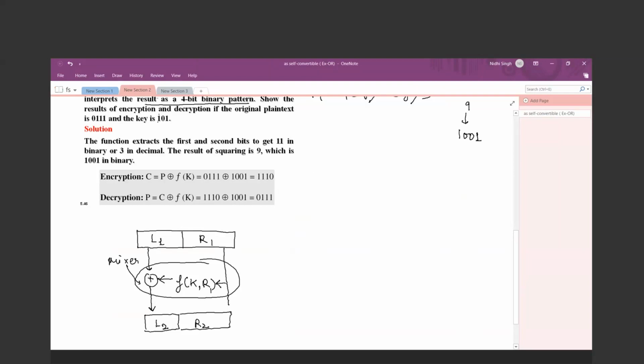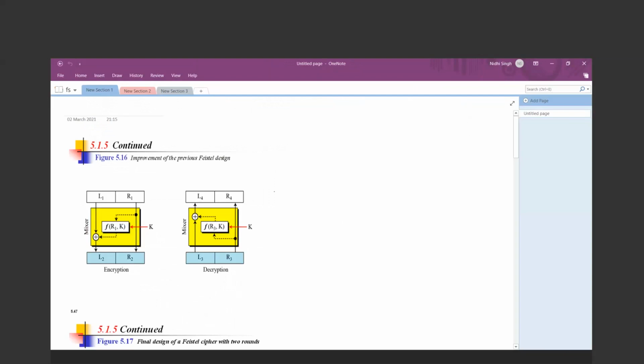Now the problem with this approach is that the right hand side part can be prone to some attacks because it is not changing now, only the left hand side is changing. So that's why my diffusion property does not hold properly. So due to this case, I will perform the swap operation. What is the swap operation? The same thing. Let me explain with a diagram. Yeah. So it is a direct one.